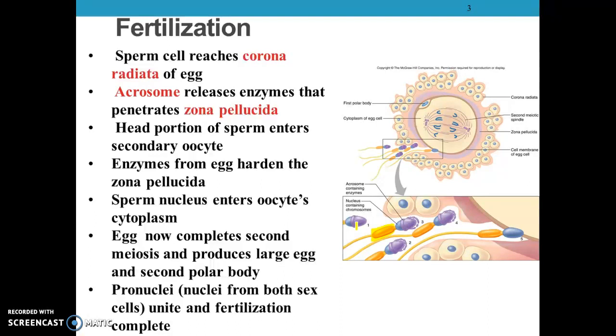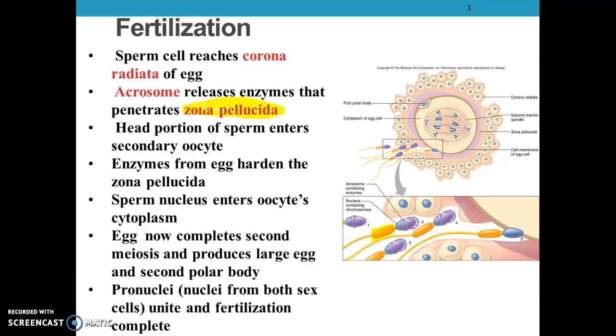All right, so that layer of follicular cells surrounding the secondary oocyte, that means those are the cells that have not developed yet. If you remember, all of the beginning cells are in the ovary already. And then after puberty, during each cycle, one of those cells, or two, it can be more than that, are going to develop and mature. So those are all the cells that haven't been developed yet, all of those follicular cells around the secondary oocyte. Sperm cells can move through those, but when we get to the next layer, right here it says zona pellucida, that is the outer layer of the secondary oocyte, or the outer layer of the egg.